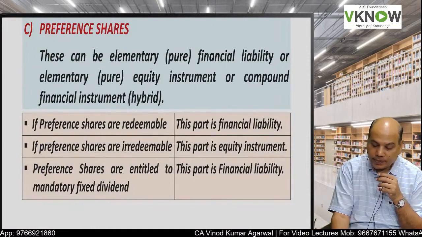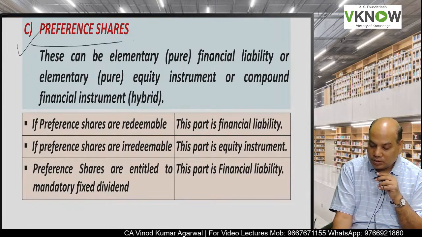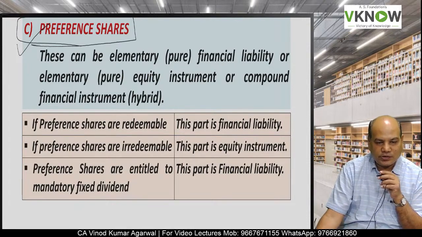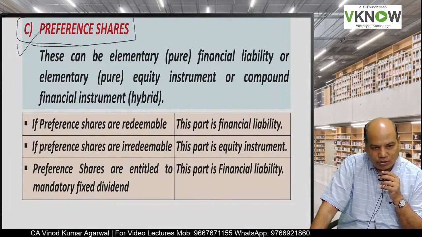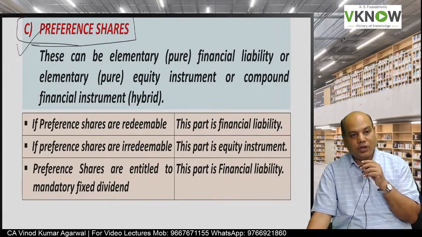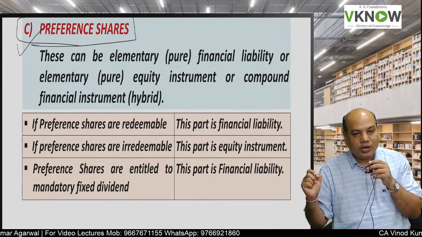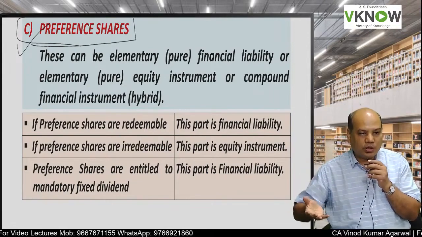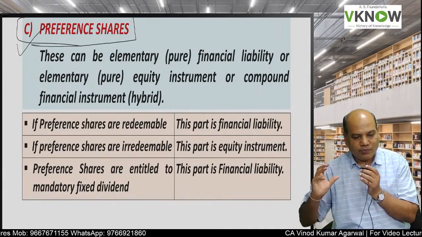Now next question is whether preference share, very important because of the standard on financial instruments in India. Now there is a big change in the accounting of preference share. When you were in 11th standard, 12th standard, CPT, foundation, intermediate, you showed preference share along with equity share in the balance sheet. But now the situation has changed. A preference share can be a liability instrument. In that case, it will appear in the current or non-current liability section of the balance sheet, or it can be an equity instrument also, or it can be a compound instrument also,